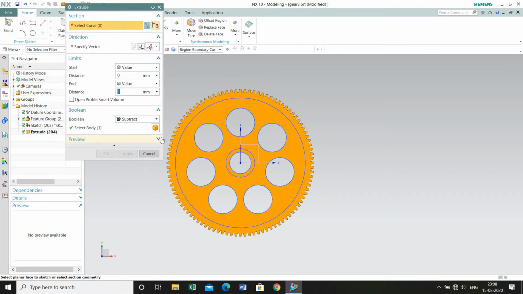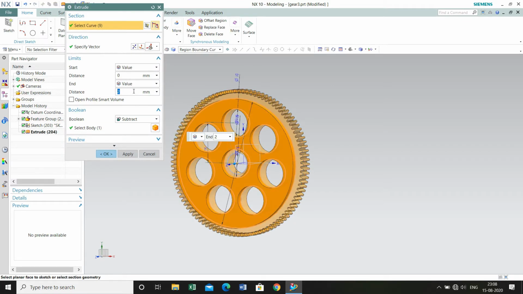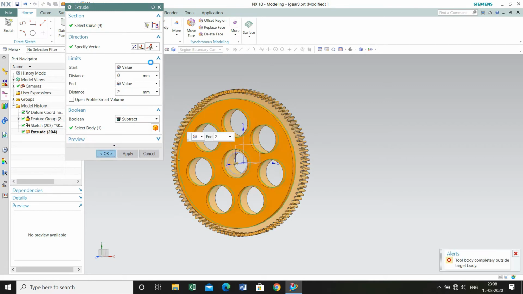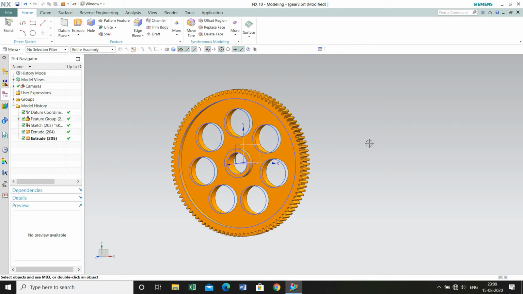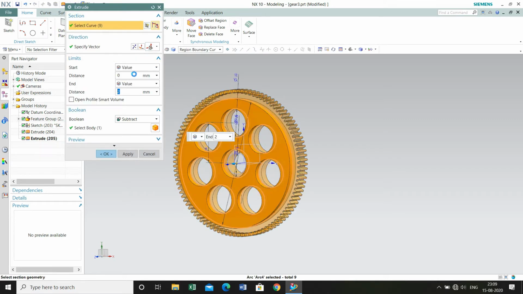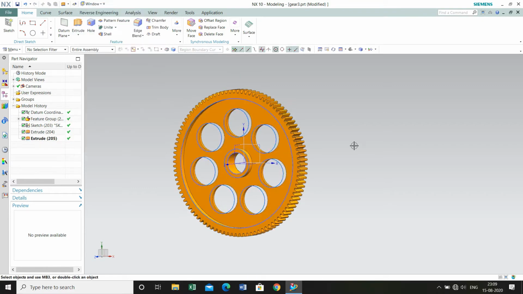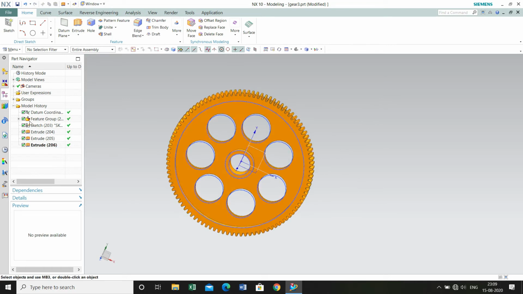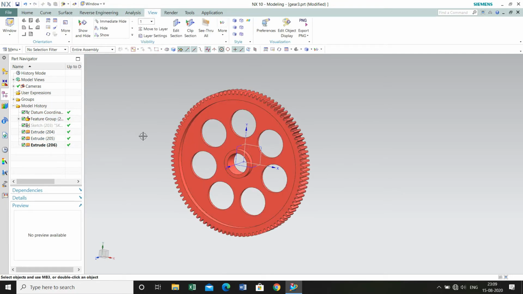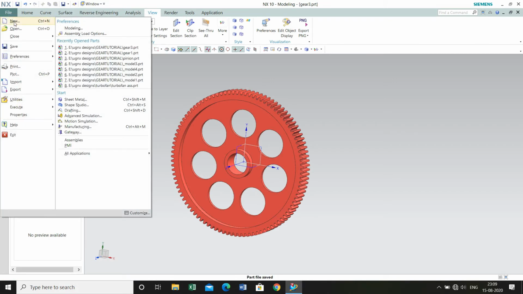Okay, so now select this region and go 2 mm in the gear and remove that area, and again do the same step on the other side as well. Okay, so now we have created all the gears for the assembly. We only need to create the base on which all these gears are to be mounted.